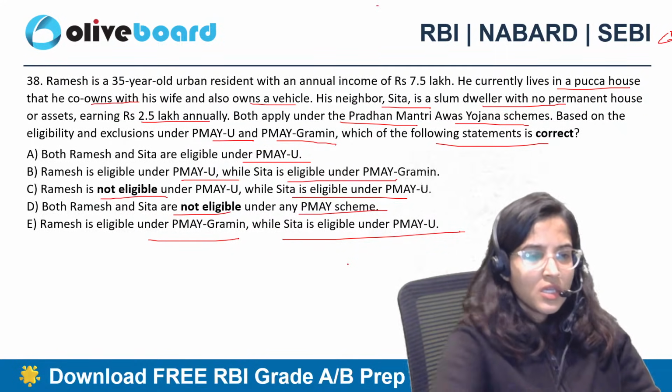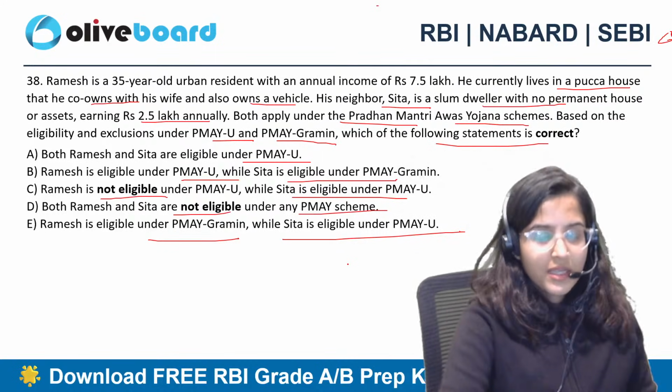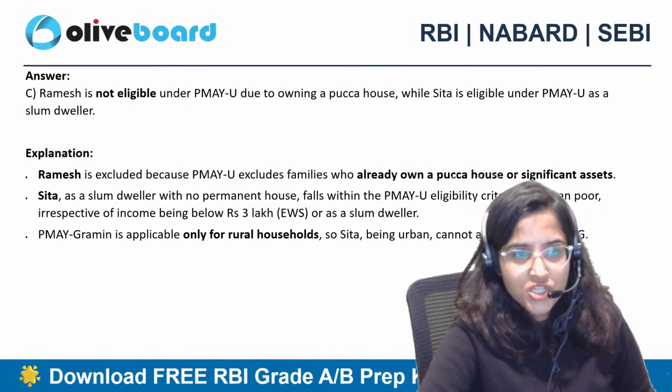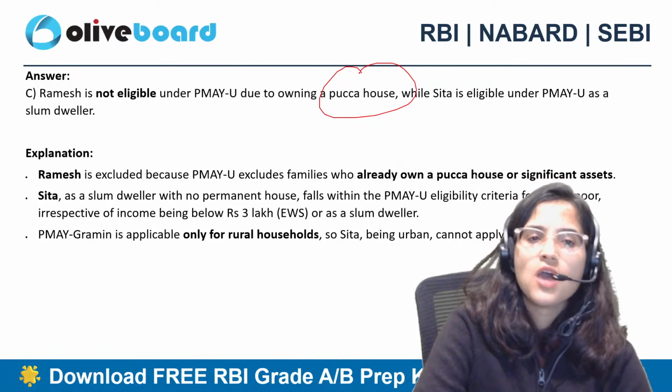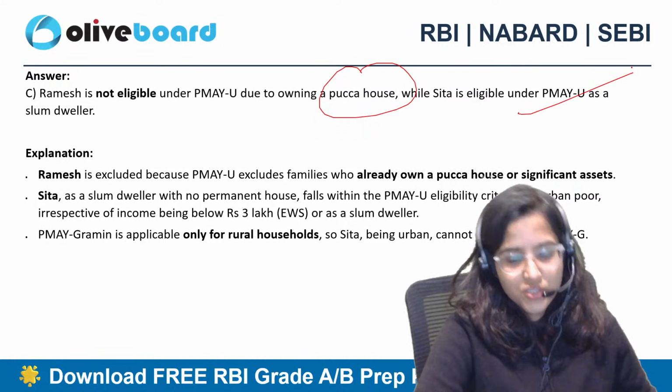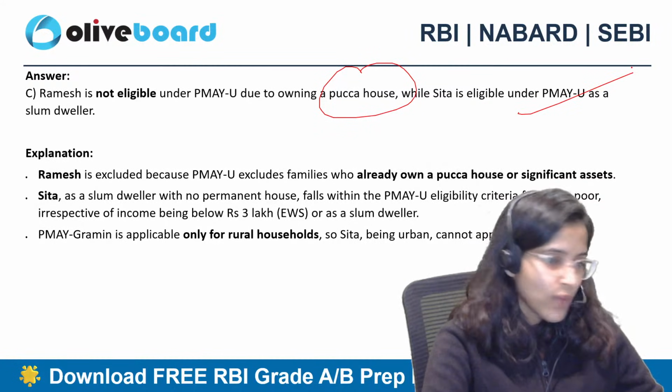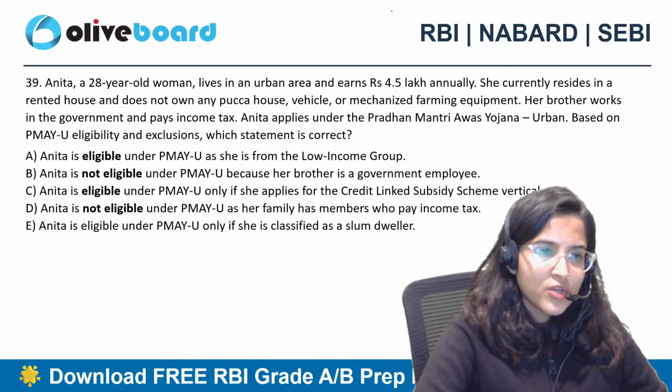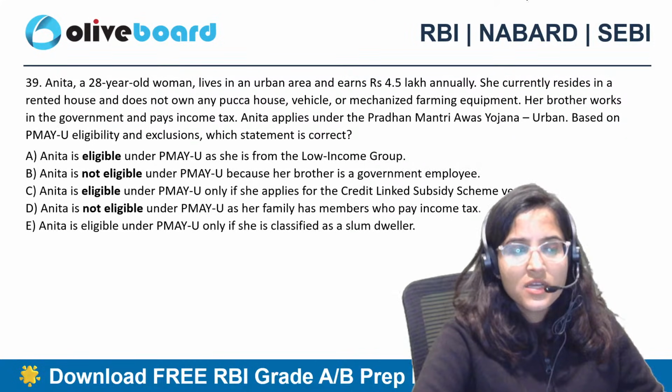38th question. सी कह रहे हैं, the correct answer is C. रमेश एलिजिबल नहीं है क्योंकि उसके पास ऑलरेडी पक्का हाउस है। सीता इज एलिजिबल अंडर आवास योजना क्योंकि वो एक स्लम ड्वेलर है।